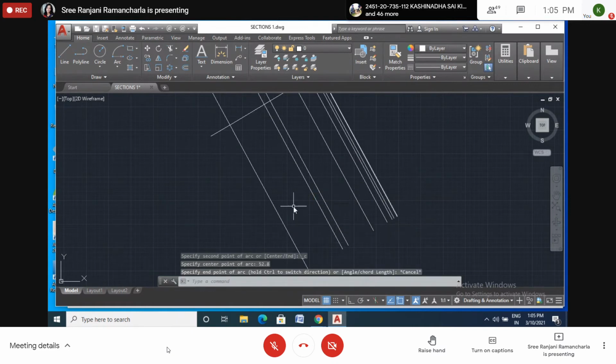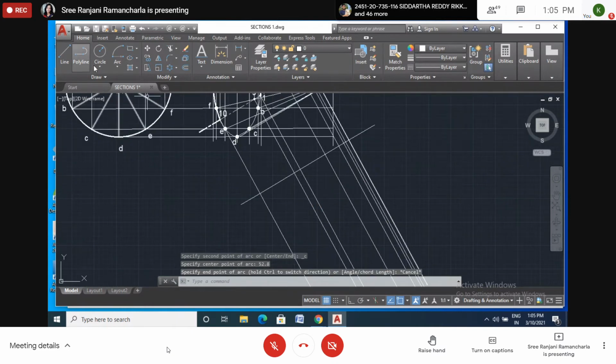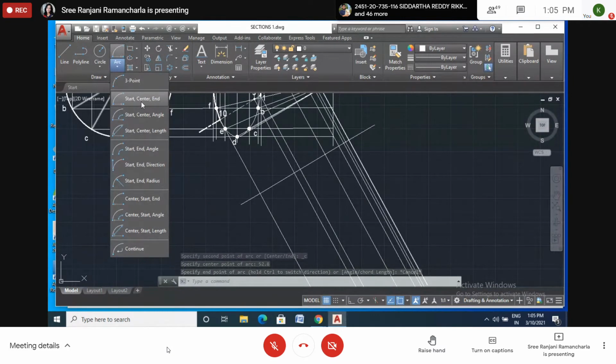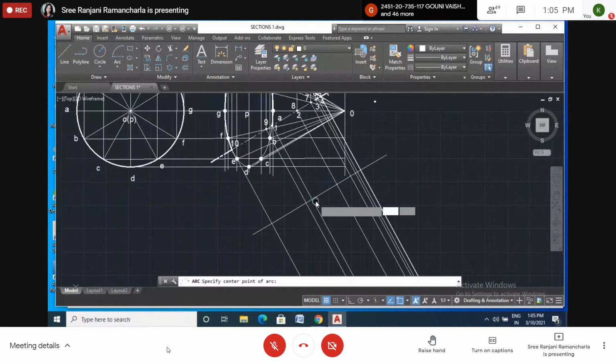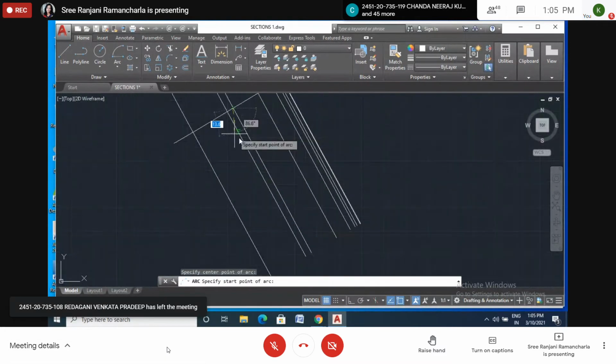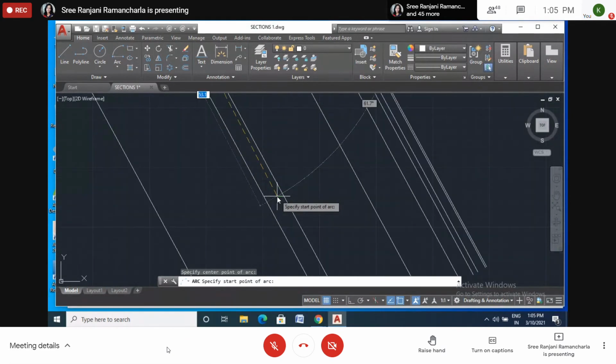Why is it showing like this? Ma'am, we have to take center, start, end, ma'am. Okay. Yes, right. You are right. Center, start, end. This is the point, right? Yes. Center, start, 52.8. It's showing there, so we will zoom a little bit. 52.8. Enter.